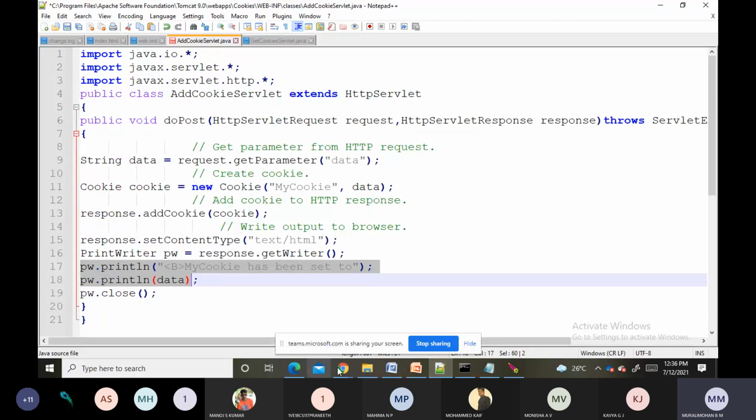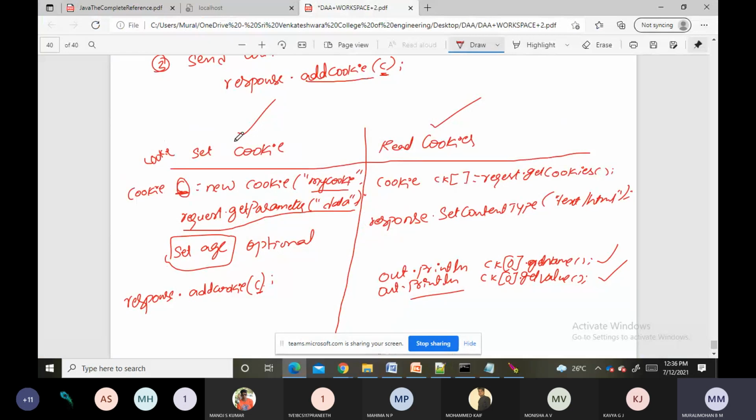Now you just observe here so that you will understand clearly. This is AddCookie.java and this is the read servlet.java. So this is how we can set the cookie and read the cookies. I hope it is clear.